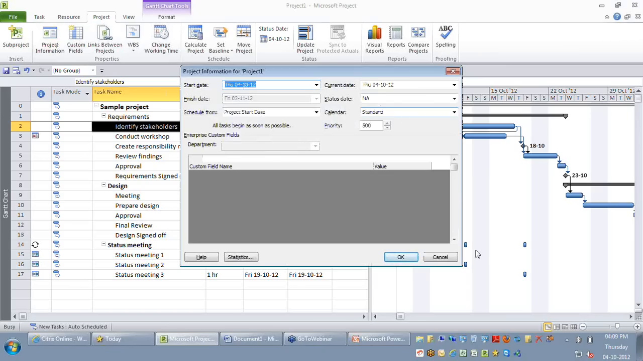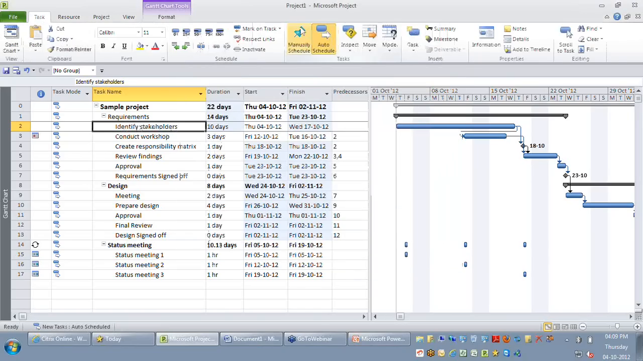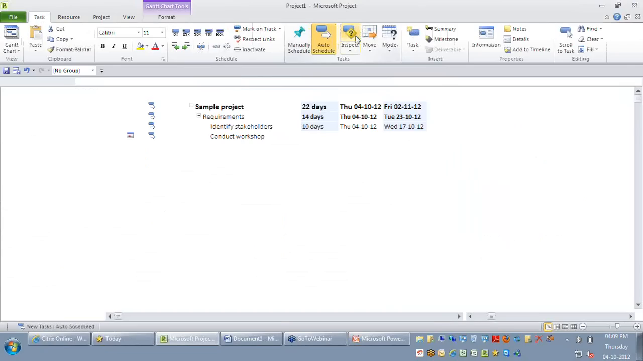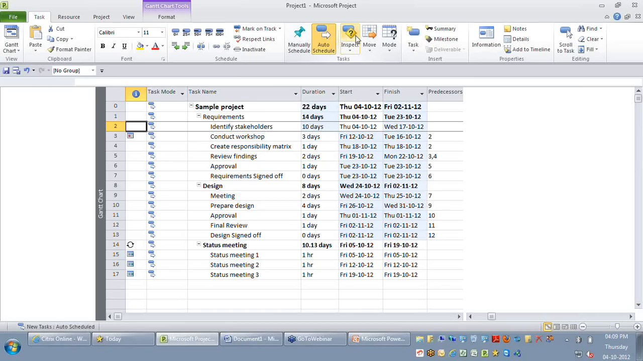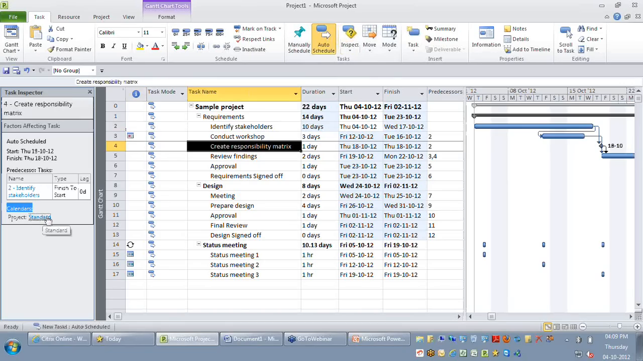Since I have not assigned any resources to my activities, if you look at my task inspector, maybe for identify stakeholders, or my create a responsibility matrix, you can see the calendar that is used is my project calendar here, which is my standard. So in my standard calendar, if I want to set some holidays,